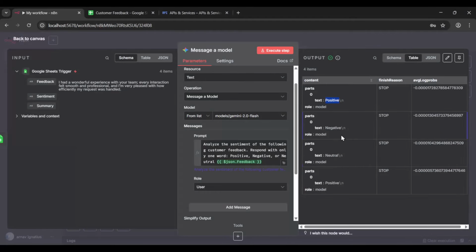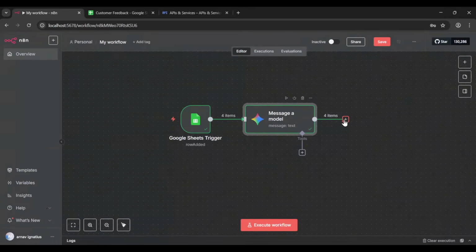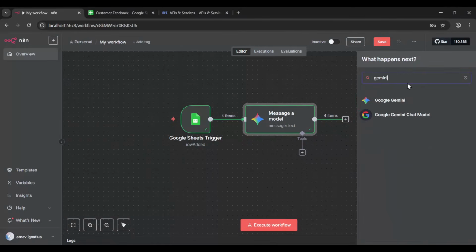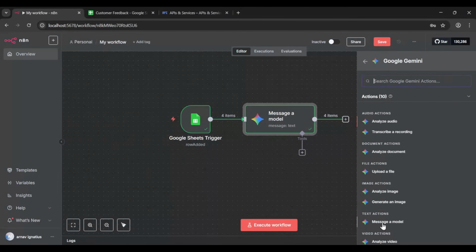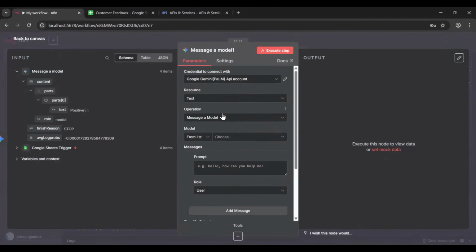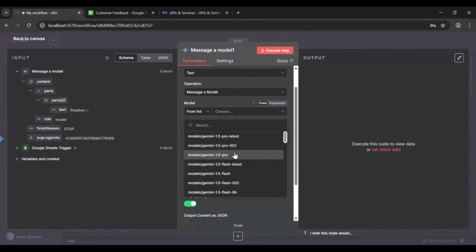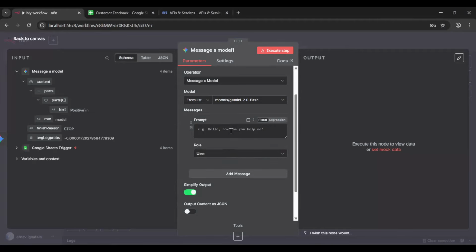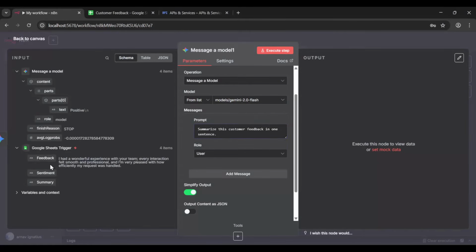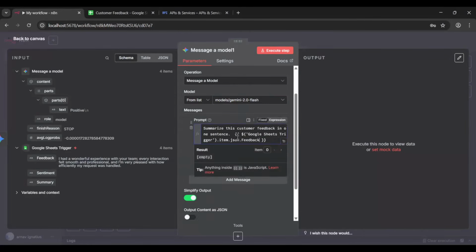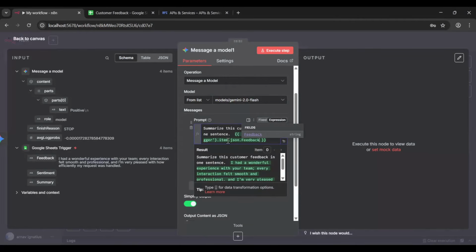Now, what if we also wanted a quick summary? So that's easy. Let's chain another action here. Again, let's go to Gemini, message a model, and here you can choose the same one. So we write the prompt: summarize this customer feedback in one sentence, and let's also add that feedback again. Okay, so the feedback goes to the LLM,